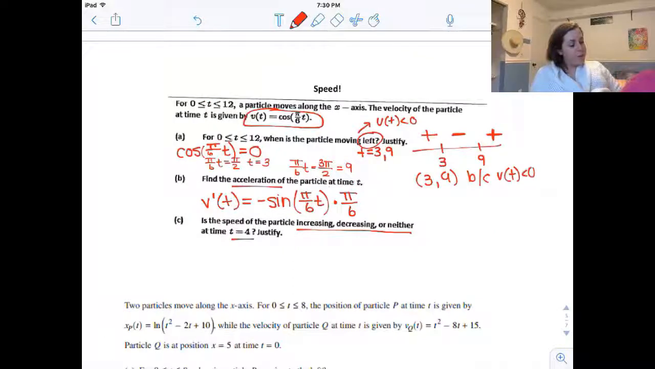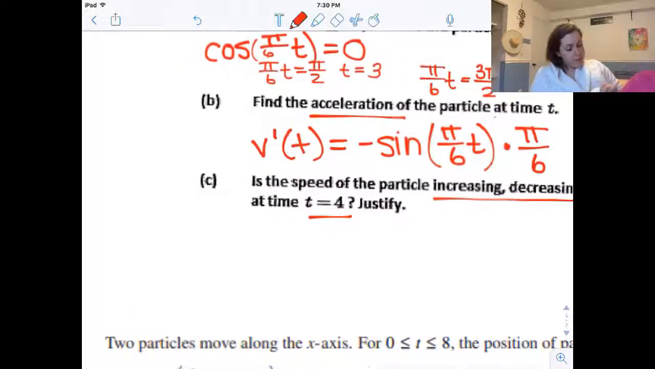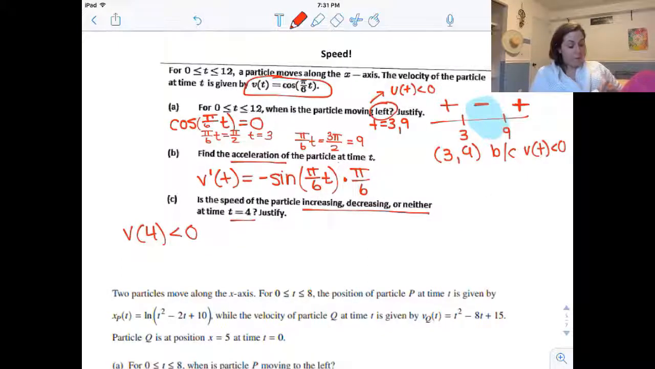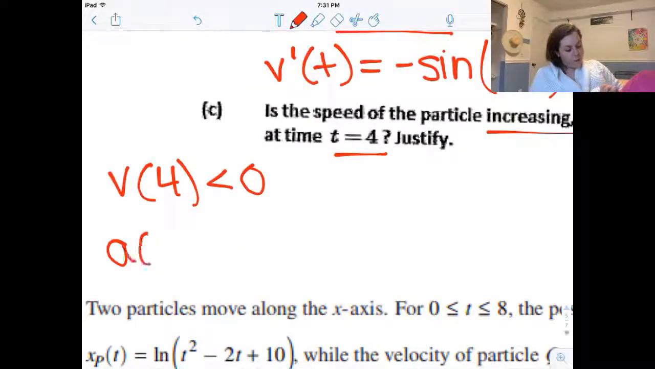So let's look at it. We already said for velocity, 4 is in this interval, so this is a negative velocity. So v of 4 is less than 0. I know that. So let's find v prime of 4. So a of 4, which I would define as v prime of 4,